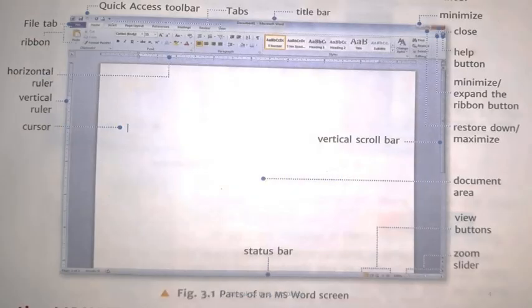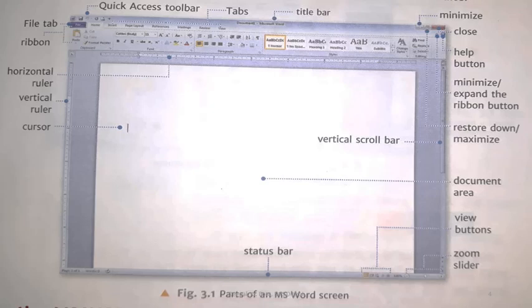Dear students, the figure is showing the parts of MS Word screen. This is for your recap. You can see the different parts of MS Word screen: quick access toolbar, the tabs, title bar, the minimize, maximize and close buttons, help button, the ribbon, horizontal ruler, vertical ruler, cursor, status bar, view button, zoom slider, document area, vertical scroll bar.